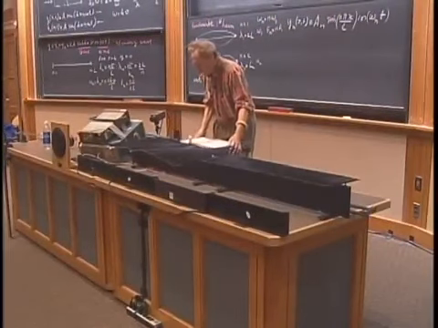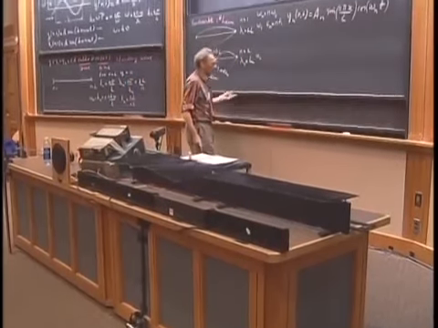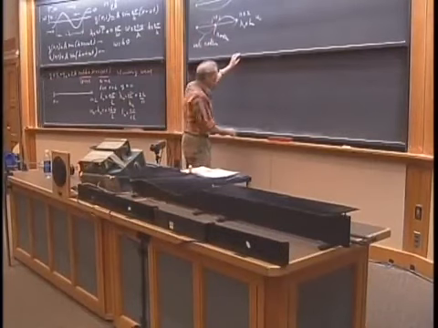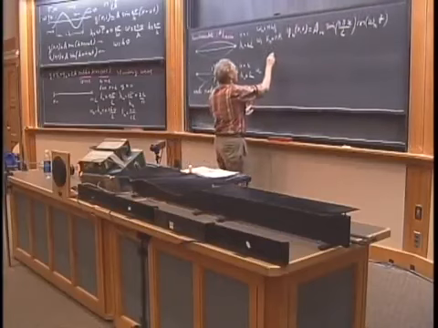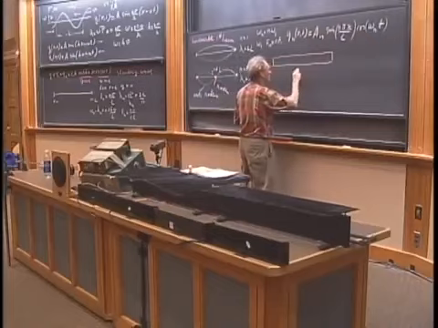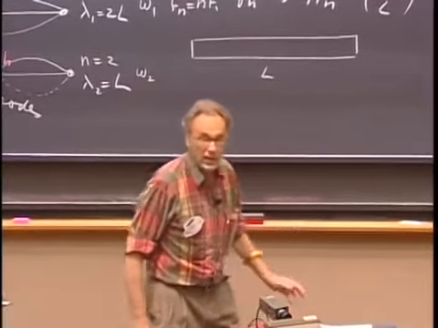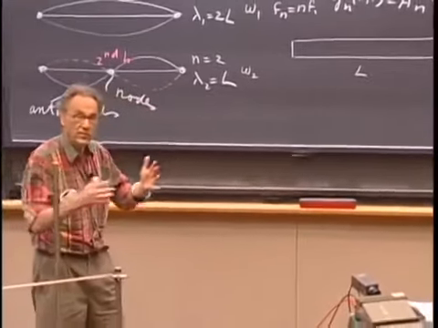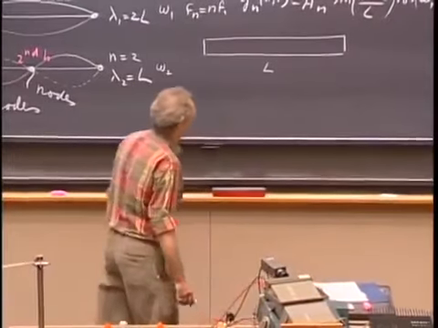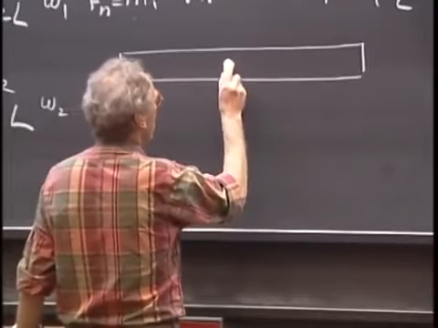I can now do the same thing for sound. These were transverse waves, but there is nothing wrong with doing the same thing for sound, in which case you would have a tube which has a certain length L, say it's closed on both sides for now, and I can now generate in there pressure waves, make the air column oscillate, and the air particles in the lowest mode,